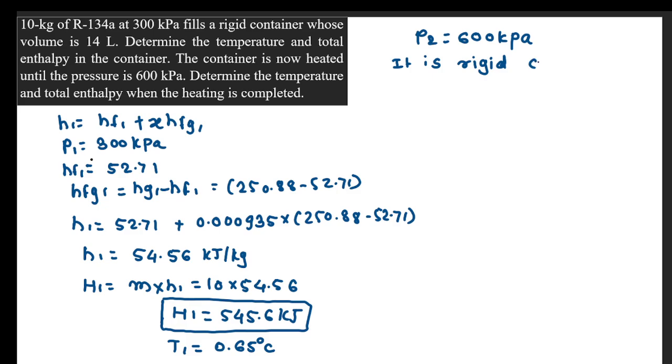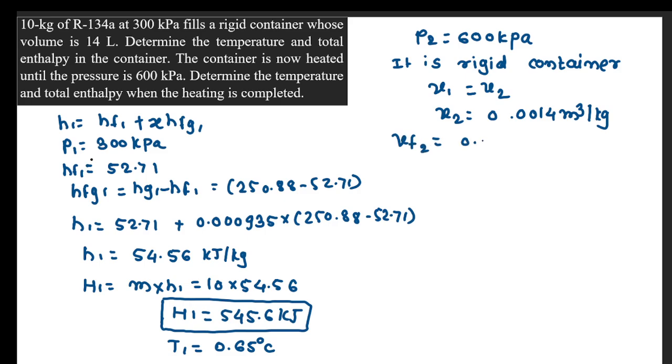It is a rigid container, so it will be a constant volume process. So V1 is equal to V2. So V2 you will get as 0.0014 meter cube per kg, and if we compare at 600 kilopascal, you will get